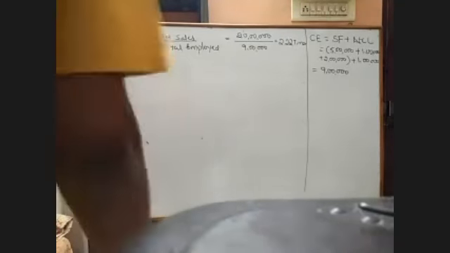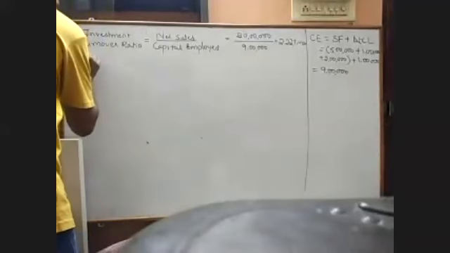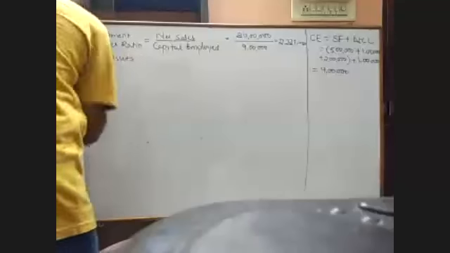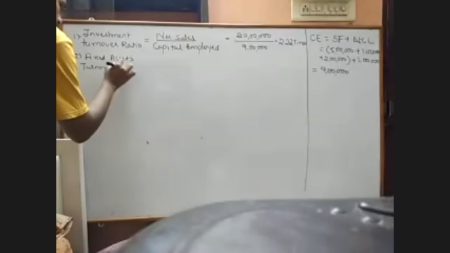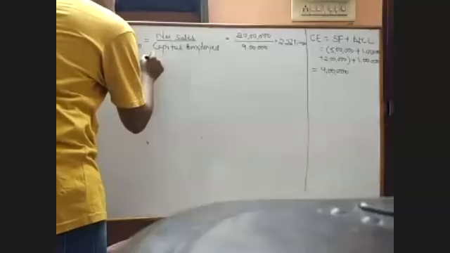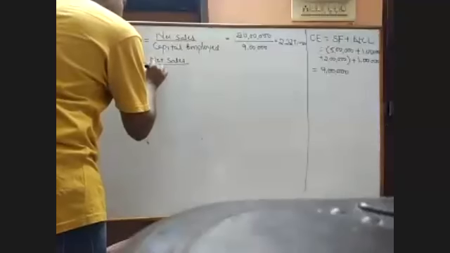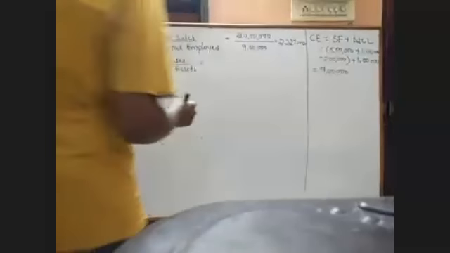Next, second one, fixed assets turnover ratio. Fixed assets turnover ratio is equal to net sales divided by fixed assets. Now, the net sales is